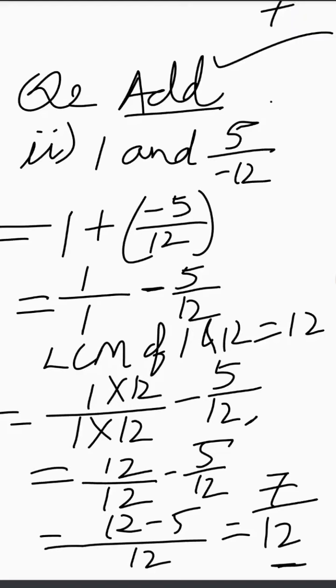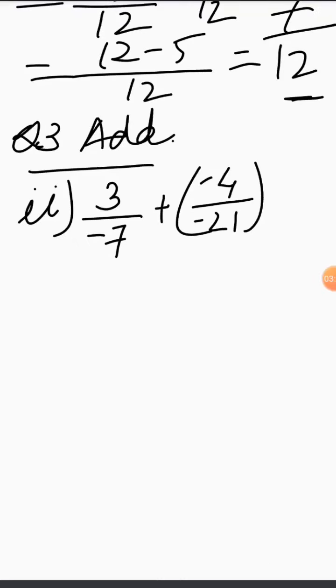Let's move to question number 3. Question number 3 is just like this only. Now see this question. Question number 3, again you have to add. Let's take the second example of this. Okay, now see. Here the plus sign is already given. Minus 3 by 7 is the first rational number. Now children, you can see this minus gets cancelled. You can cancel this sign in a fraction, in a rational number. Not from here to here you can go as there is a plus sign. But you can simplify the rational number.